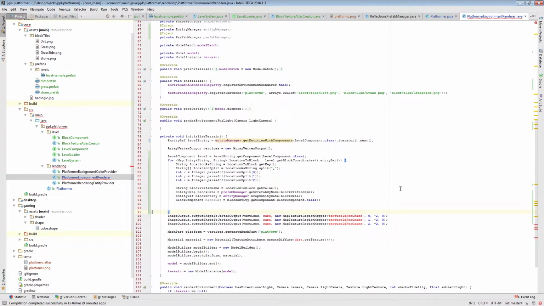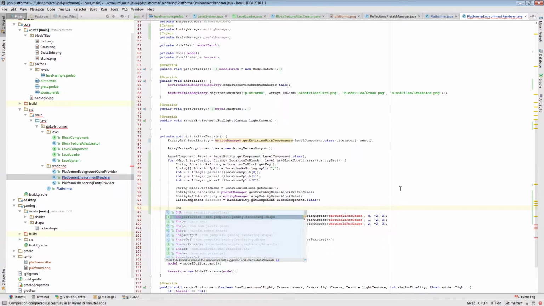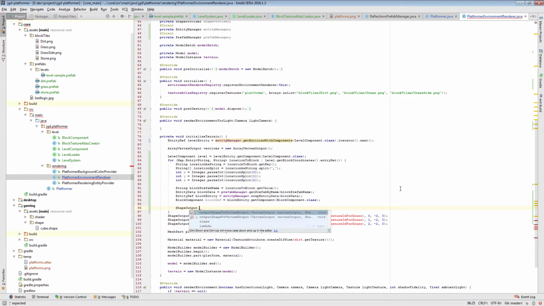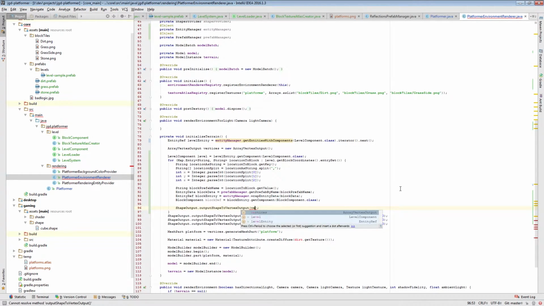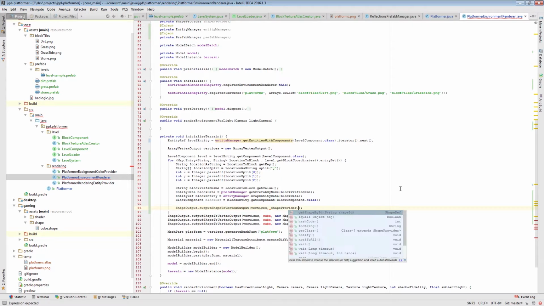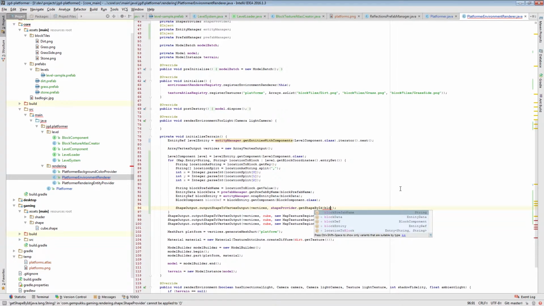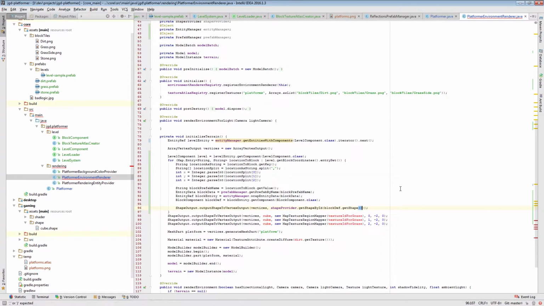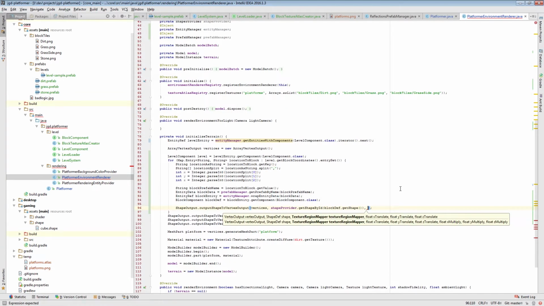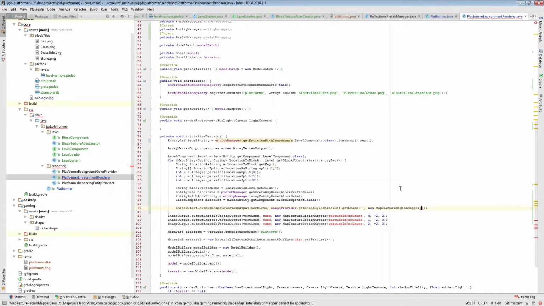so we will do shape output, output shape to vertices. In here we'll do shape provider get shape by ID, block def get shape, right? Because that's what we have stored there. We'll have new map texture region mapper, where we have to have